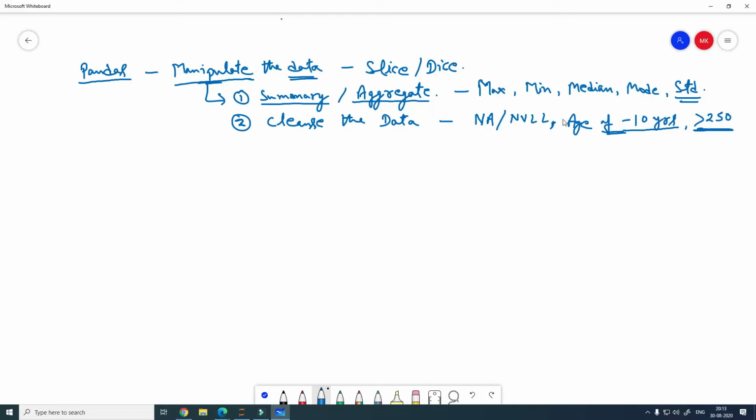And why do we need to clean the data? We may need to clean the data because if you do not clean this, then any analysis that you do on data which is otherwise wrong, all the analysis is going to be incorrect as well, right? So you'll need to first cleanse the data, and this is one of the manipulations that we do using Pandas. The third one is you may need to do